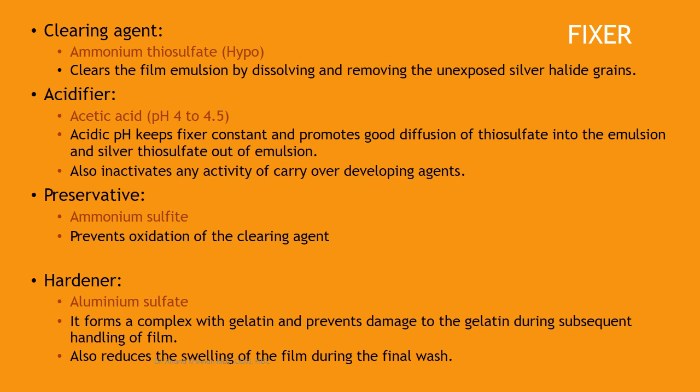Then remember, the super coat is still spongy. It is still in this state of absorption. Now you put it inside the clearing agent. What this chemical does is, it dissolves and removes all the unexposed silver halide grains. So what happens is, only the exposed silver halide grains which have been converted to silver grains are retained. All the unexposed silver halide grains are removed from the film totally.